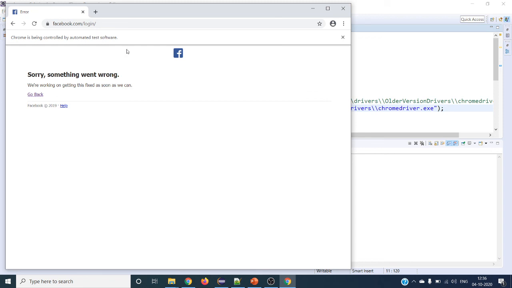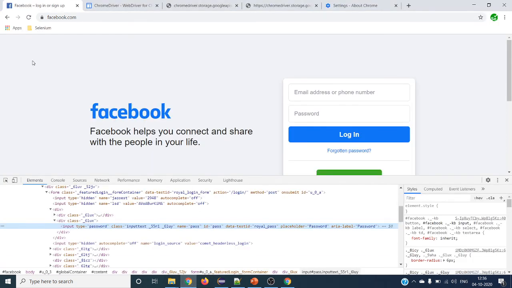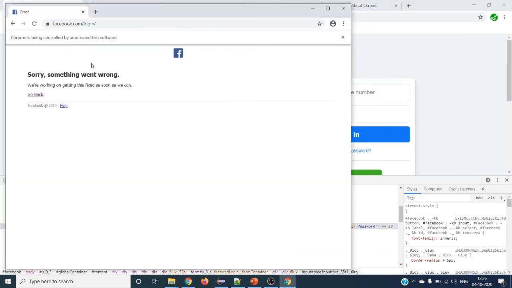And if you notice, you can see over here, Chrome is being controlled by automated test software. When you are trying with any WebDriver, it will give you this particular message at the top of your browser. You can close that also using your WebDriver itself. So better let it be. If you are using a normal browser, you cannot see that, but only in Chrome driver you can see that, because WebDriver is supporting that facility, and Chrome browser as well, right?